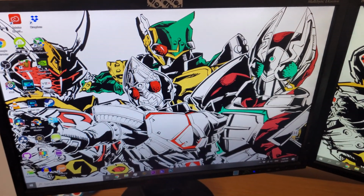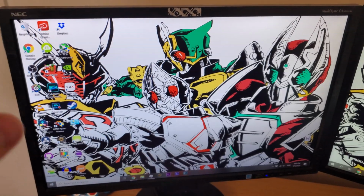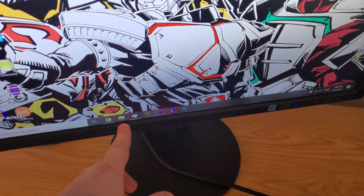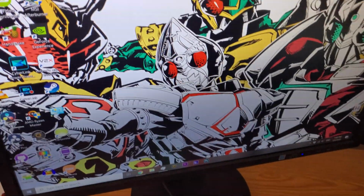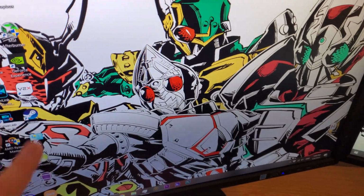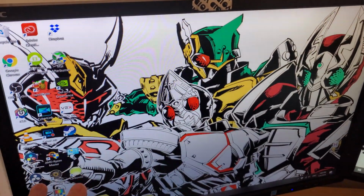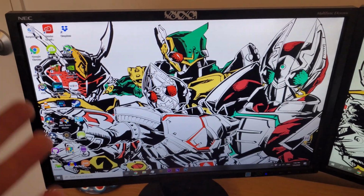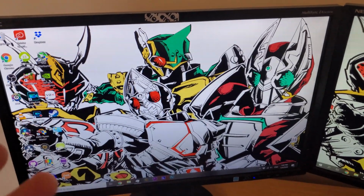So these are 1200p, so they're 1920 by 1200, which I really like because it gives you a little bit extra room for the taskbar on the bottom, and then also lets you have sort of your 1080p video here, which I think is incredibly nice. The only thing that really sucks about these monitors is that they're from 2012, and you know what, they get the job done fine now and I like them, but